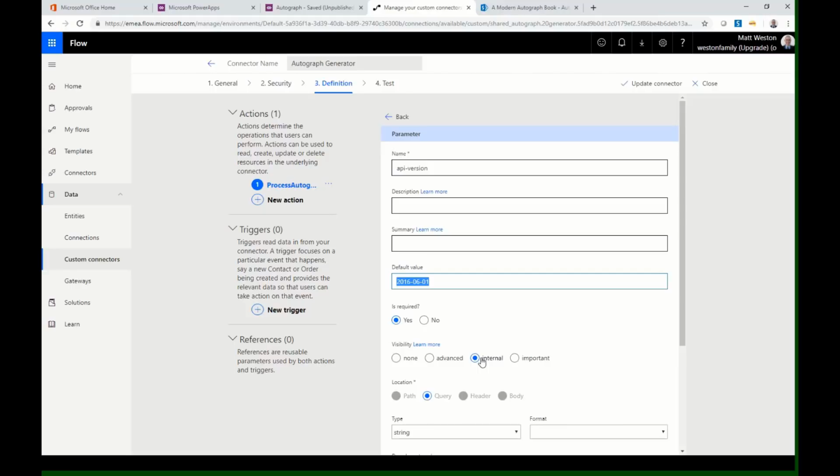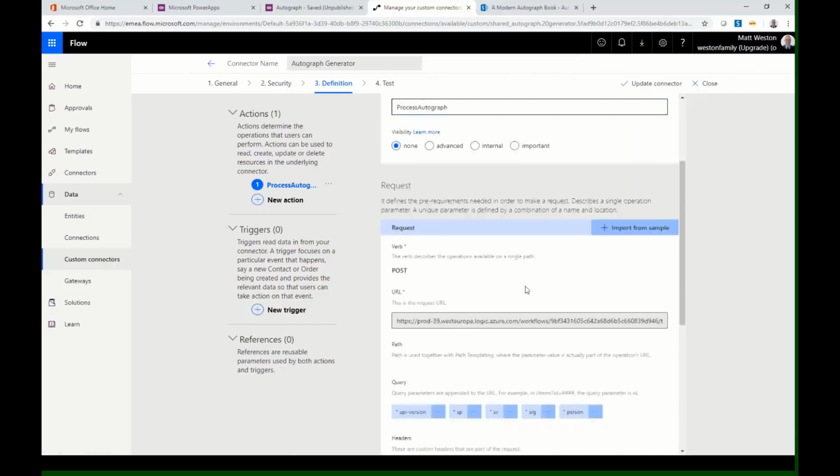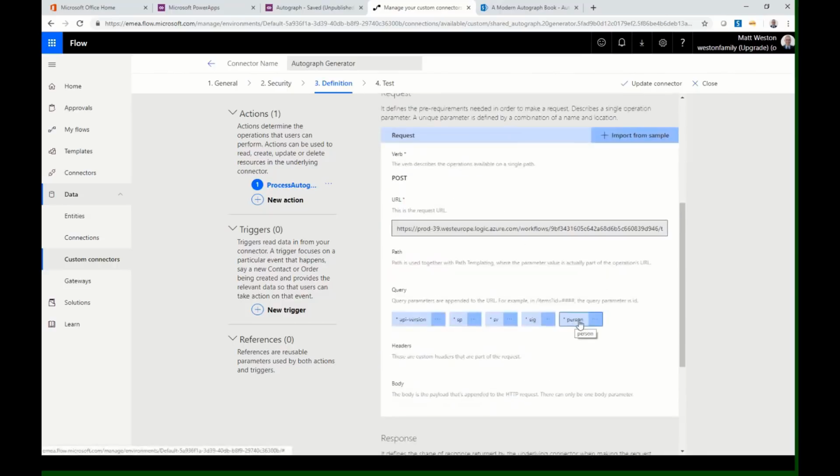It will be provided automatically for them, which is really where I find a lot of power comes from using custom connectors, because as an IT administrator, I can define the connector, I can define all the things that my end users don't necessarily need to know about, and I can just ask them for the stuff which they do know about and which they actually need to provide to me. So I can say it's required, I can give it a default value, and I can effectively hide it from my user. If I go and compare that to person,